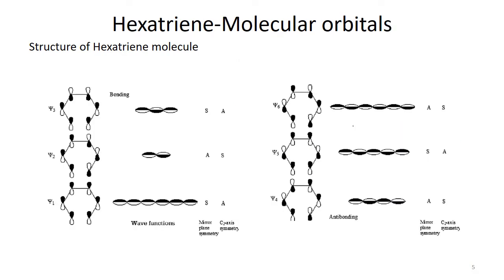Okay, here are the molecular orbital diagrams of the hexatriene molecule. In case of hexatriene, we know that there are 6 carbon atoms present. If we leave out all the carbon-carbon single bonds and carbon-hydrogen bonds, we are left with the representation of the carbon-carbon double bonds, that is the carbon-carbon pi bonds, by these p orbitals. We just leave the unhybridized p orbital on these carbons.